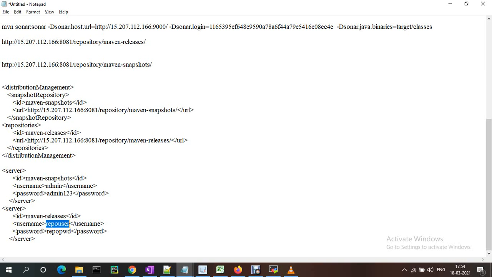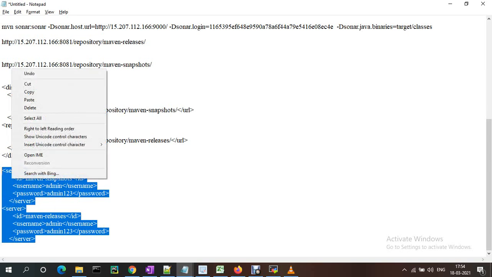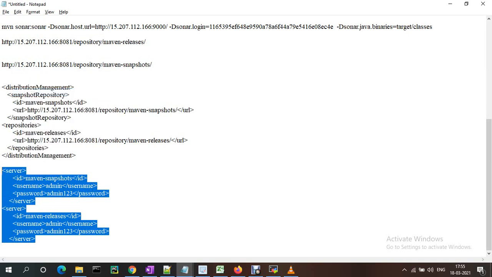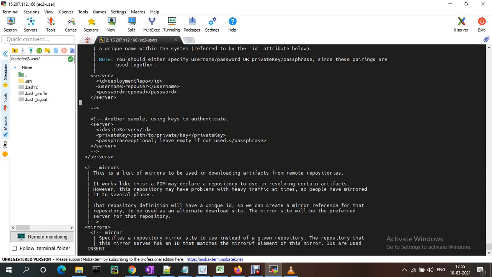Same here, the user is admin and admin123. To integrate Maven with Nexus, we need to provide the Nexus username and password. So whatever we initially generated, we have to update it under this location. So I am just adding two entries here.